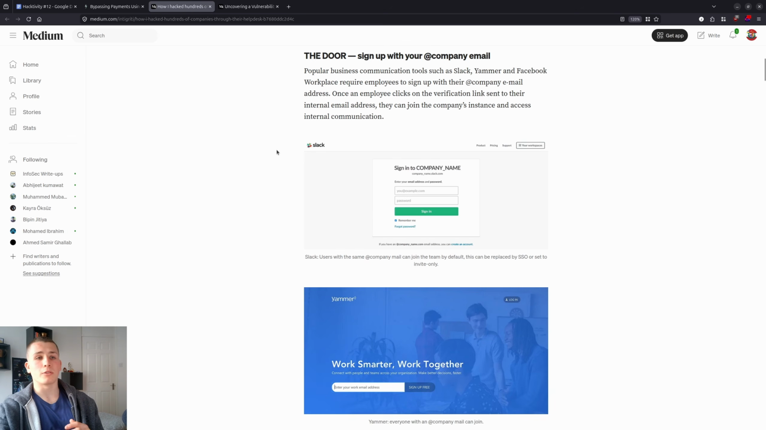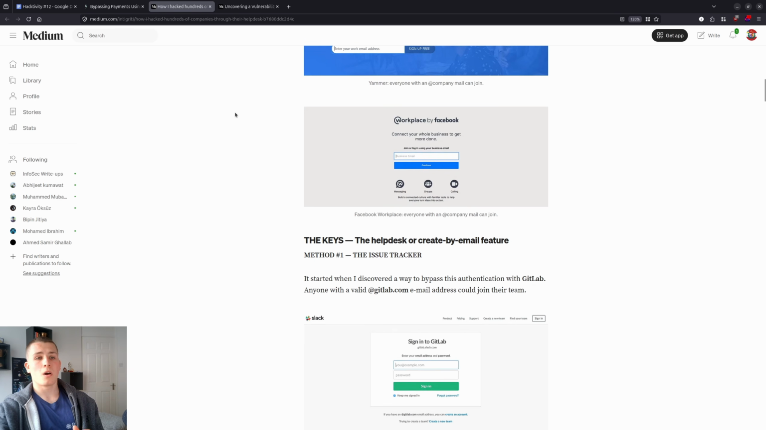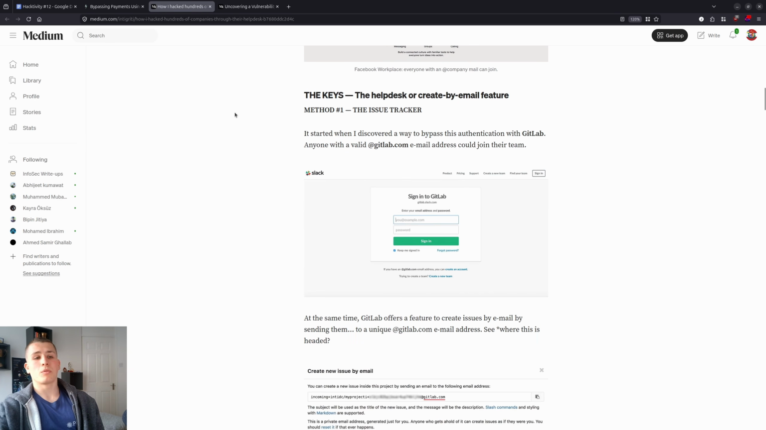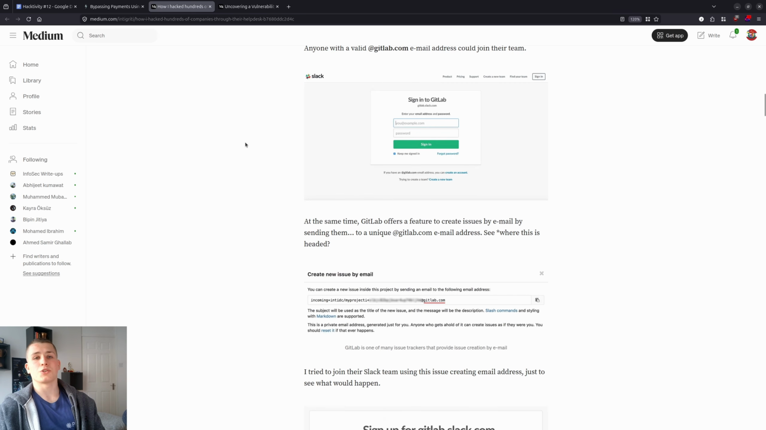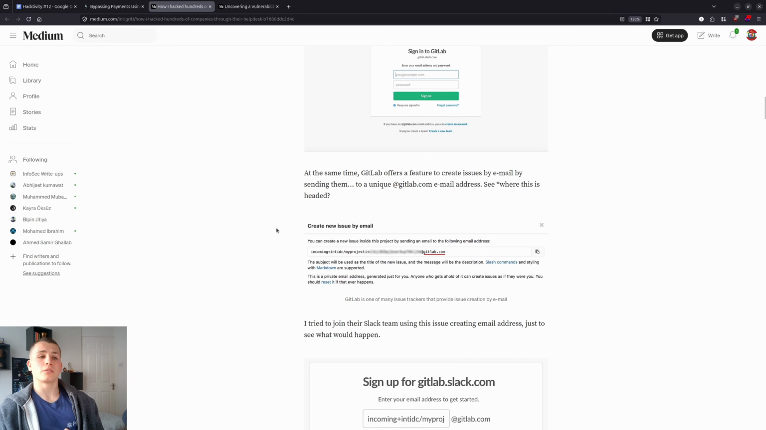And one of the really cool reports that I saw this hacker talk about was on GitLab. On GitLab, what you could do is you could have an email address to create an issue for GitLab. And this was directly on the GitLab email address. So there wasn't any different domain. It was actually gitlab.com. And what the researcher basically thought about was, what if we could set this as our